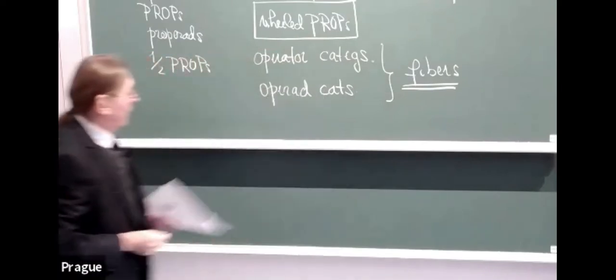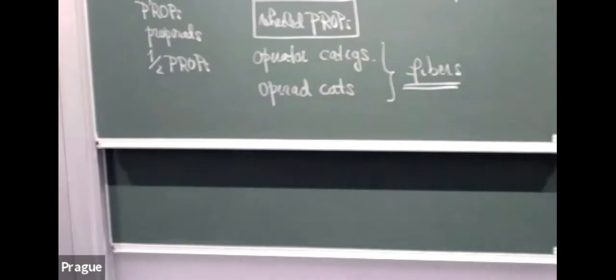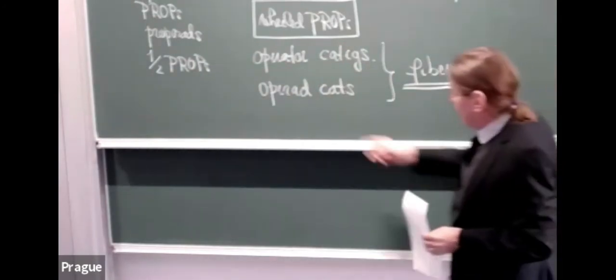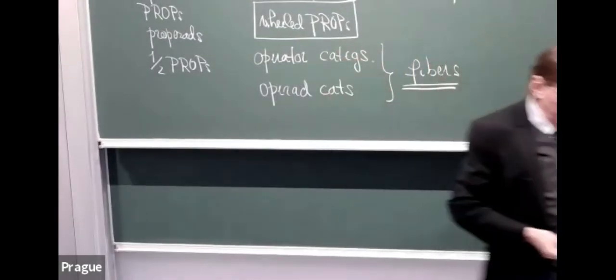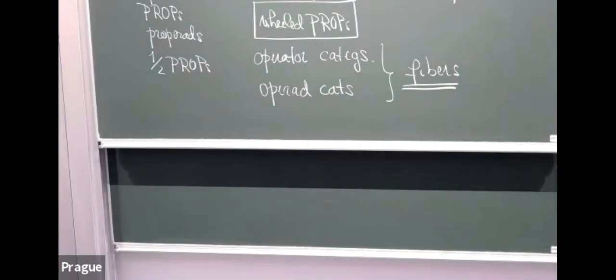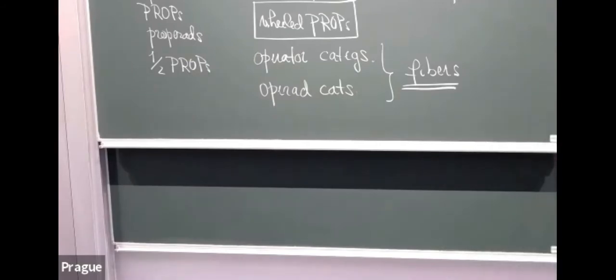So these last two approaches emphasize the role of the fibers, and at the end of my talk I will indicate what these operatic categories are. I have to say that all the structures I mentioned above can be described within the framework of operatic categories. All right, so I believe that should be enough for the introduction. And now let's move to particular examples of operads,